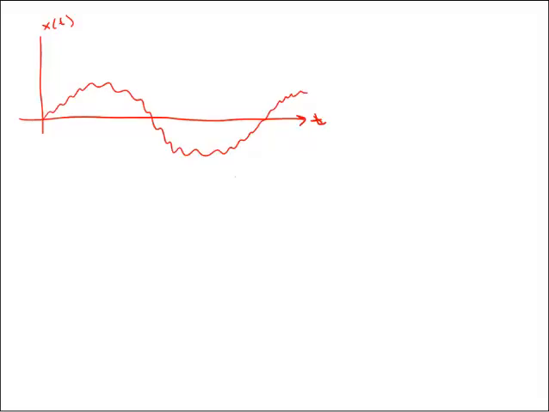So let's zoom in and go over that just one more time. So here, that's t. Here's x of t, some kind of noisy sine wave like that. We have our filter. This is f of t. Sorry, we used blue before. F of t, that's t. And we wanted to figure out y of t. So what you do